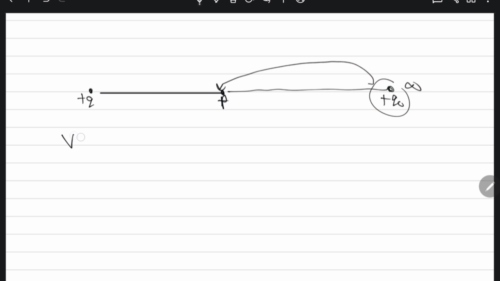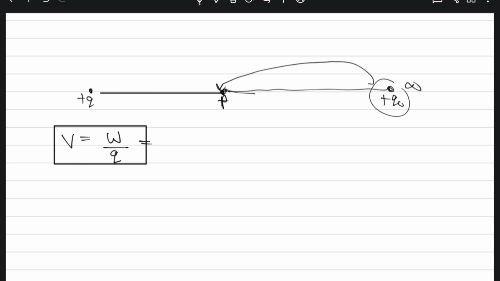What I do, potential: whatever the work done in moving the test charge q naught from infinity to that point in an electric field in a direction opposite to the electric field is defined by electric potential, right? So electric potential is the work done in moving a unit positive test charge from infinity to a point in an electric field,